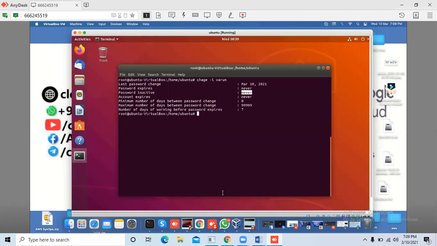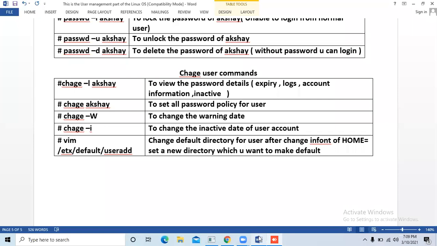I will log in within 2 days after the password expiry.